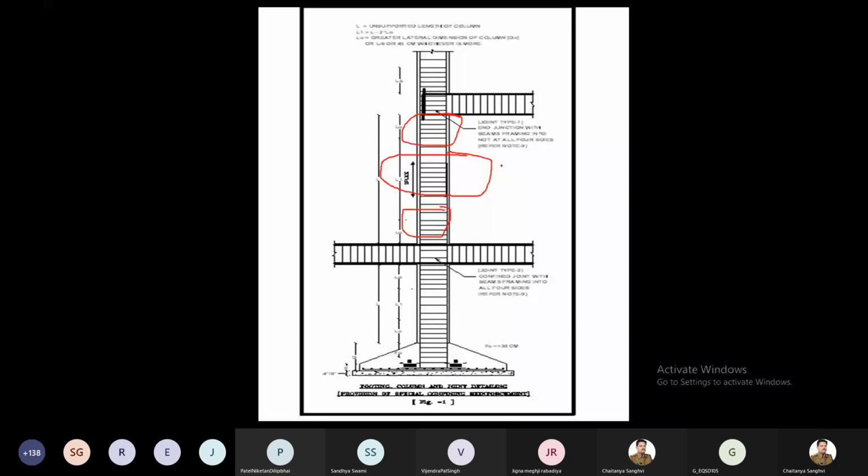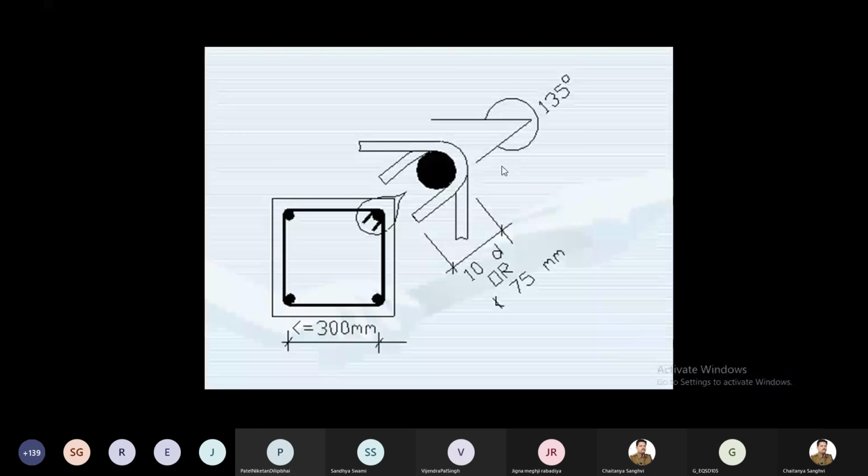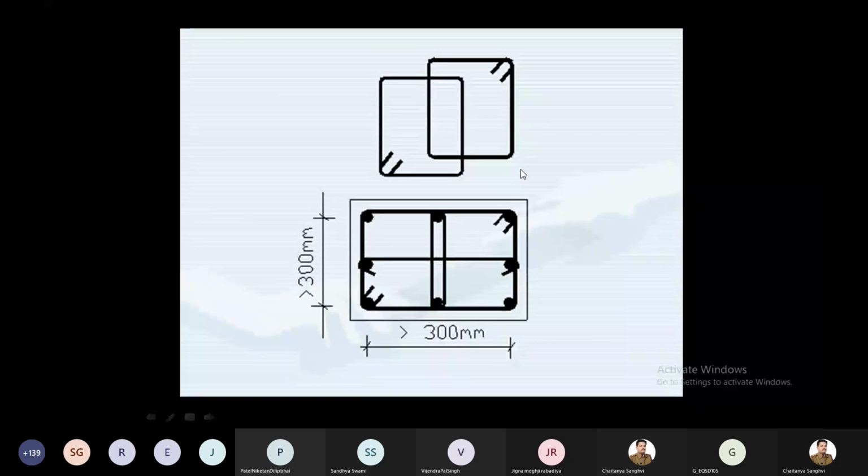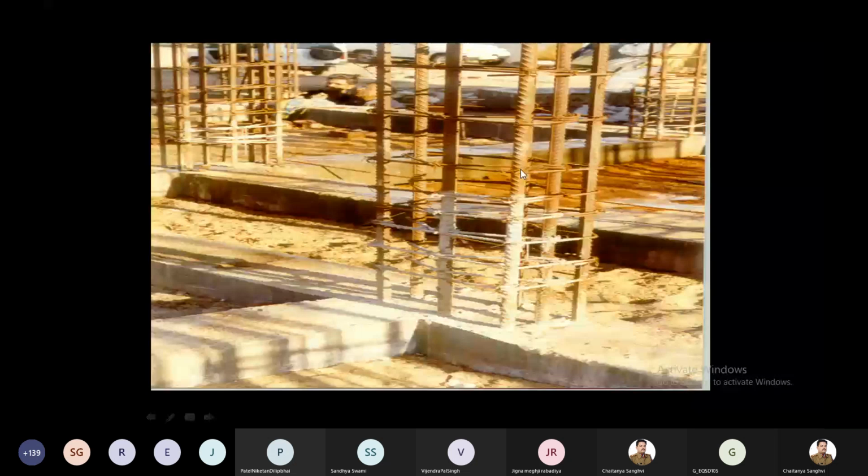Again, I'm not going to discuss this part. This is a 135-degree bend. So tomorrow it will be discussed, right? Here you can see this portion. But now we are coming to